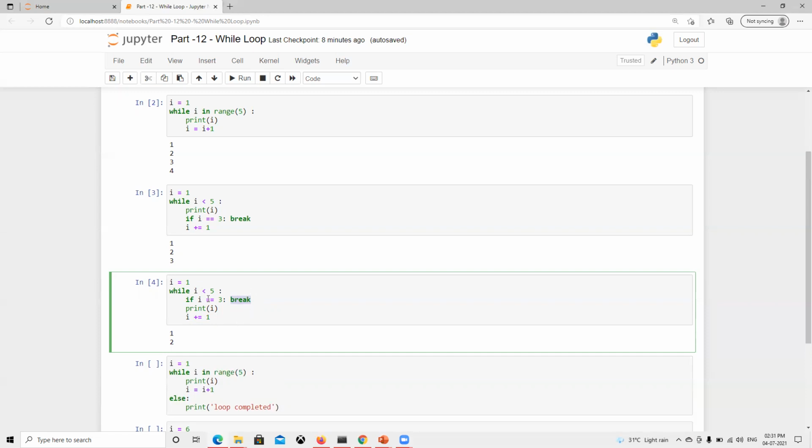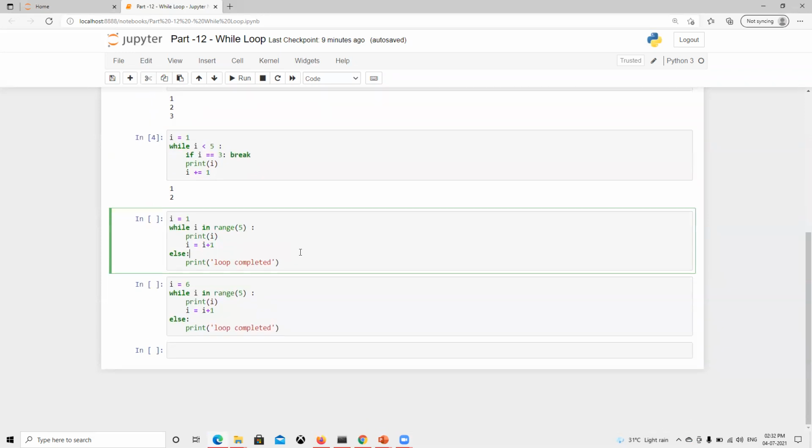So suppose at a certain point we need to break, or suppose we need to achieve only 100 records or maybe 5 records. At that time also we can use break, whenever we get the count equal to 100 or 50, then we can break that loop. We don't want it to go and execute again. At that time we use break and then we come out of this. So it depends on how we want to print, whether we want to include that number or not. Based on that we can put it where we need to print.